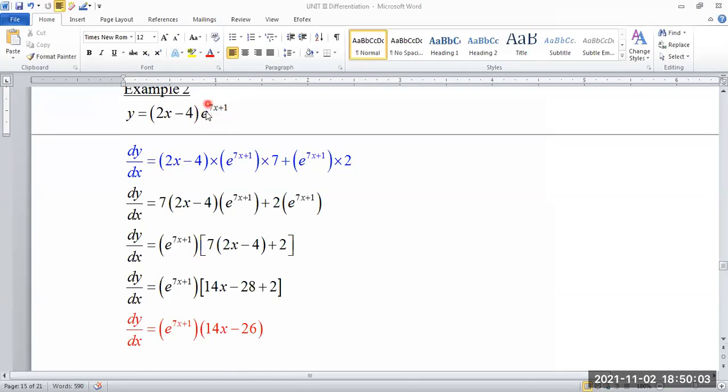Then we can call this term the first term, whichever you want to call the first term. But I always like to call this one the first term. This is why I always say start at the front. But if you want to call the other one the first term, you get the same answer. Watch me. The first, we write it down: 2x minus 4. This is it because I said the first. So the first is present, I write it down, times the differentiation of the second, which means I have to differentiate my exponential function.